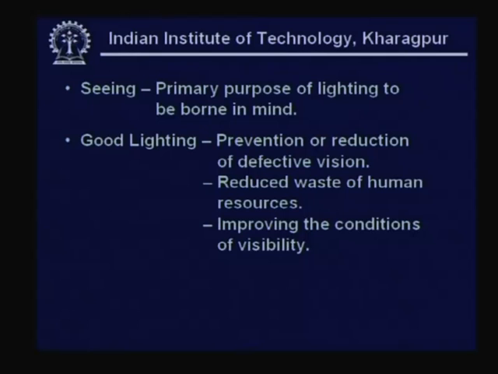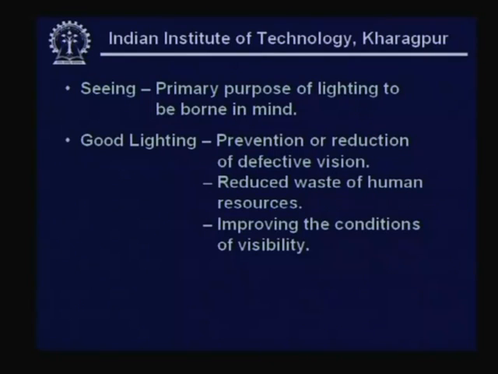We have seen how the eye responds in bright light by having what we call cone vision, and in dim light by having rod vision. Now, that is why we are looking at how the eye responds to illumination,